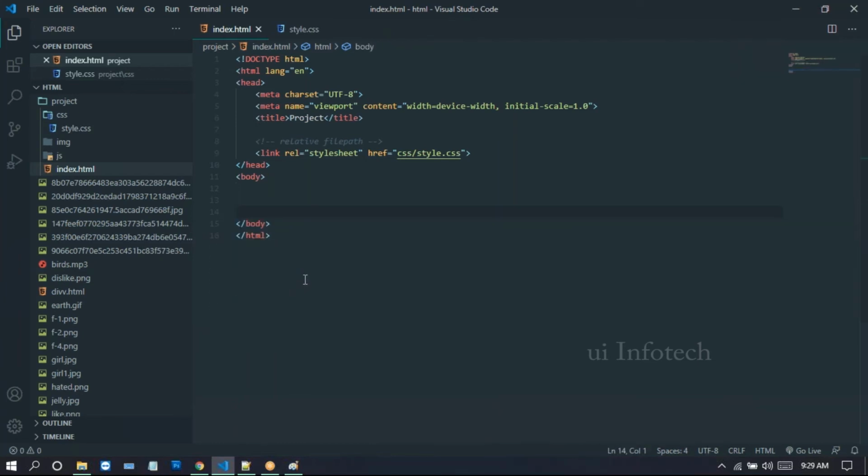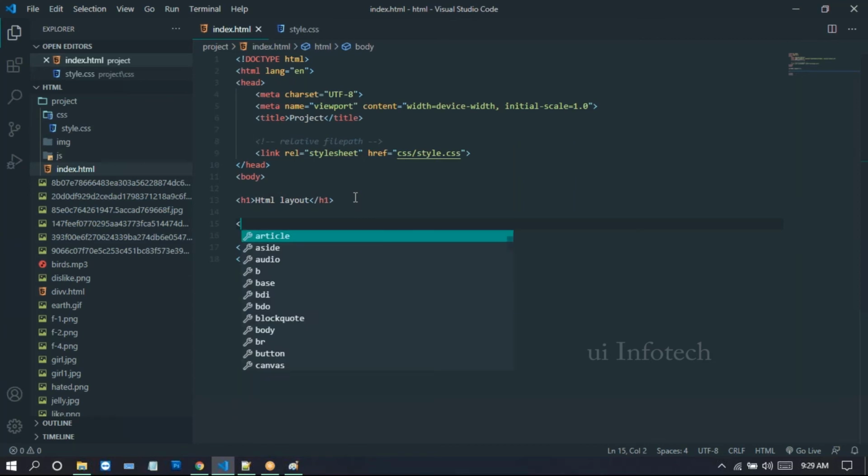Here I'm giving the heading HTML layout. Then we take the section.